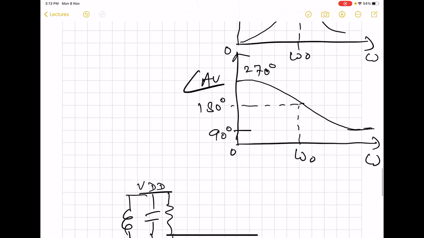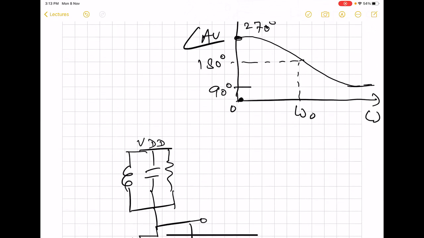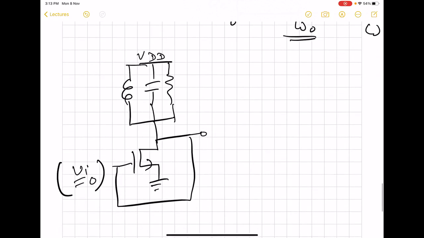because the maximum phase shift possible is only 270 degree, and that too almost at DC. So we will rarely be using it at DC. And minimum is 90 degree. So even if you use two of such, we will not be able to get 360 degree for large frequency. But at the resonance, it offers 180 degree phase shift. So there is a possibility that if we use another tuned amplifier,